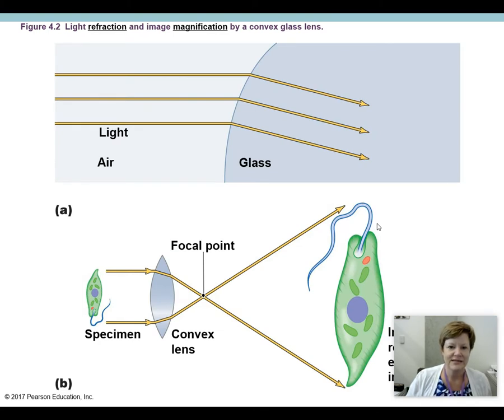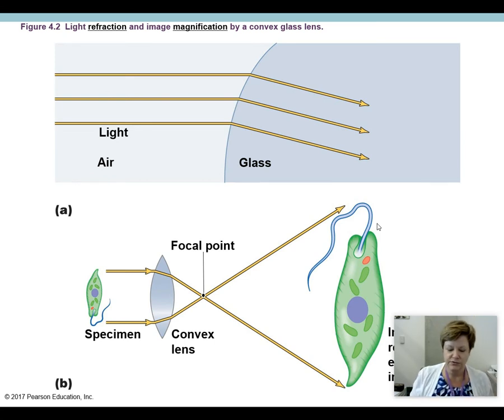When light hits the glass of the lens, for example, it will bend. So the lenses that we use in our microscopes are called convex lenses, and it bends the light. And the reason that has any importance at all is simply that when you look at a specimen under a compound light microscope, the image you see is completely inverted,